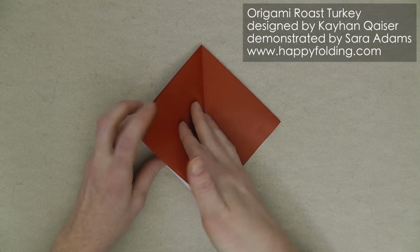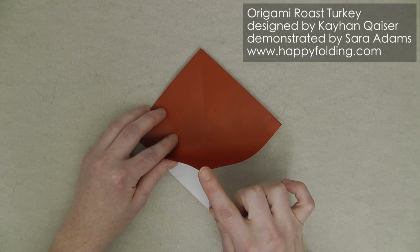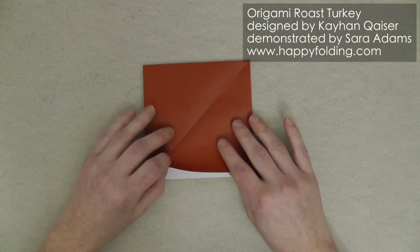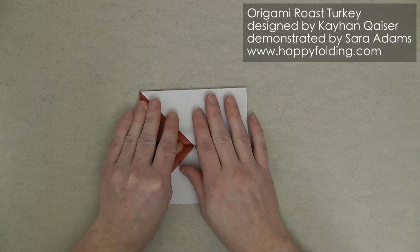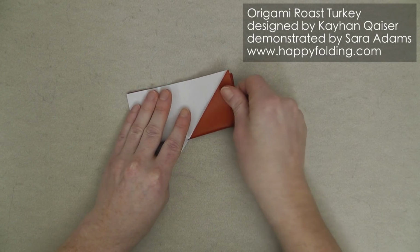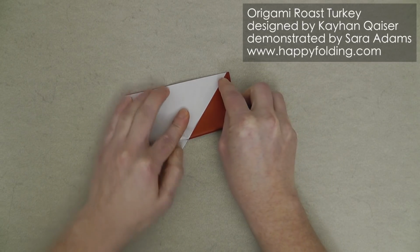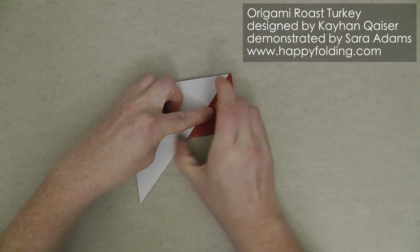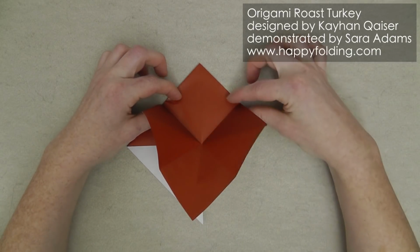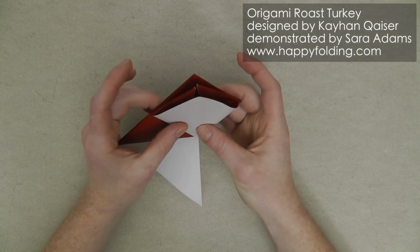Now we're going to open this section up and form a new preliminary base on this one. So we're going to take this corner and bring it to the top to pre-crease the diagonal, unfold, and now also fold edge to edge on both sides. Ensure to really pull that paper flat before creasing so that you get a nice straight crease. Unfold, and now push this paper up and that paper up to flatten it like this,